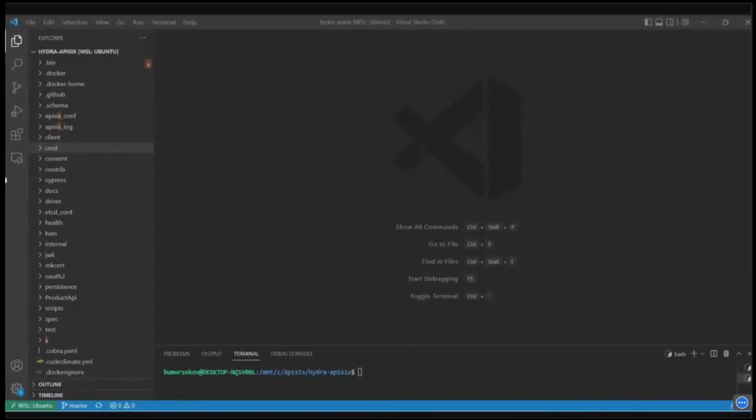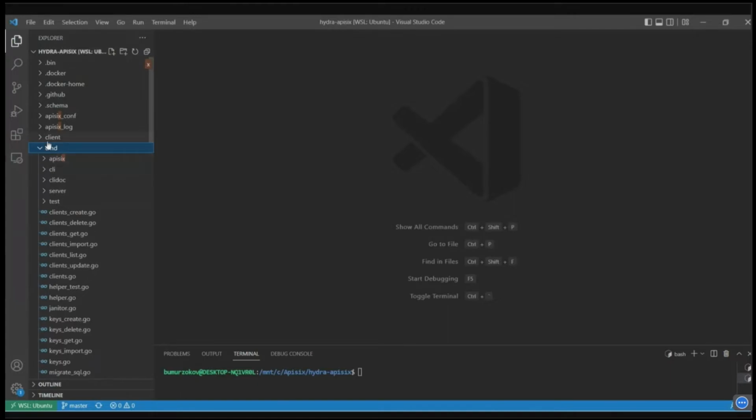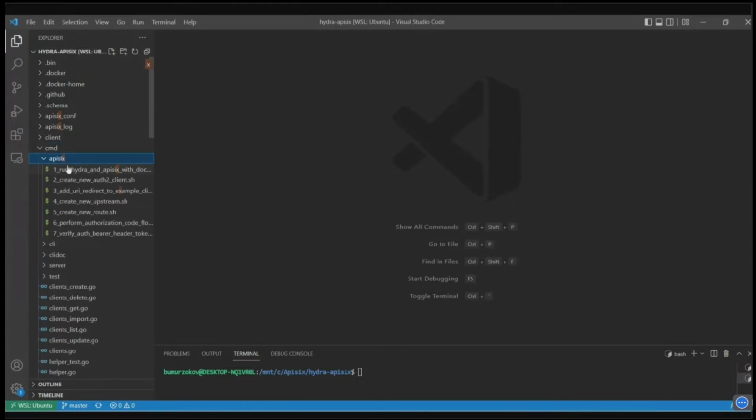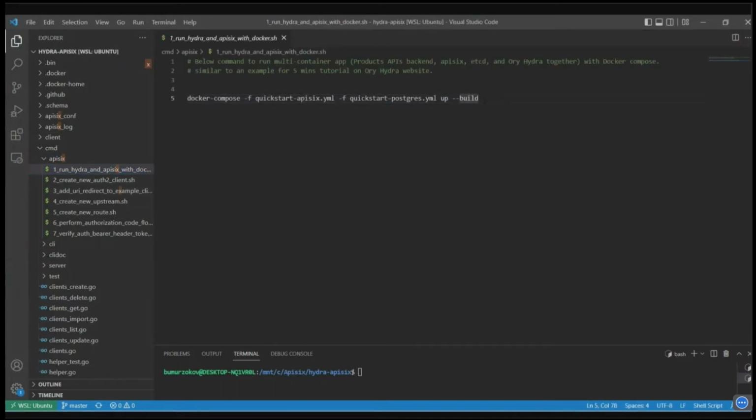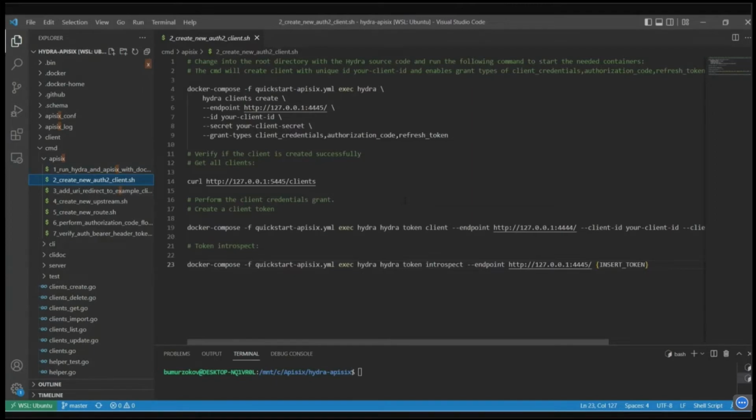If you open the Hydra APISIX project, you can find some important folders. You can pay attention, I provided all the command line examples you can find in the CMD folder. If you open APISIX, you can find all the commands we are using today in this demo. For example, we first run the multi-container app with the product API backend, APISIX, etcd and Ory Hydra with Docker Compose, and next we can create our new client,